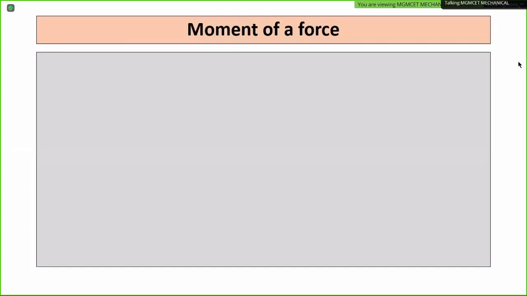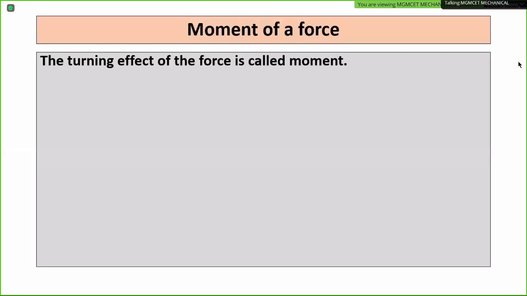तो non-concurrent force system में in addition to push and pull, the body tends to rotate, and that rotation of the body has to be considered in the analysis. That's why first we will consider the moment of the force. Already we have discussed in the second lecture. So first thing is what is moment of force. Moment of force is nothing but the turning effect of the force. Simple example है where to open a door we are applying the force at the handle और door को क्या हो रहा है? Door rotate हो रहा है and that turning effect of the force is called moment.